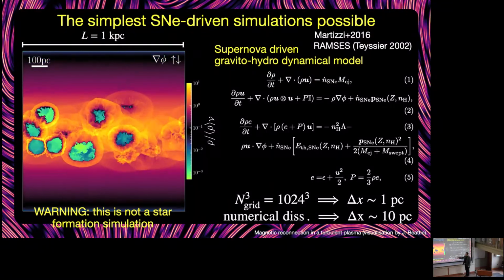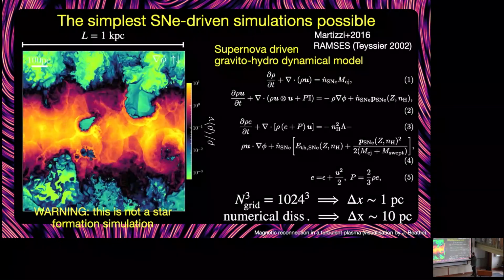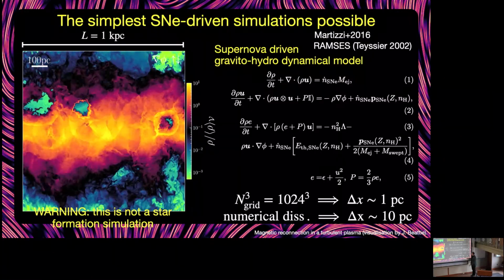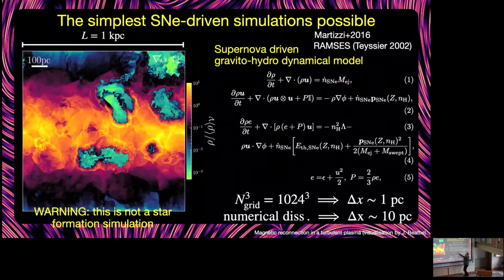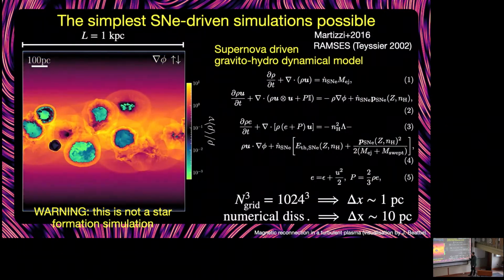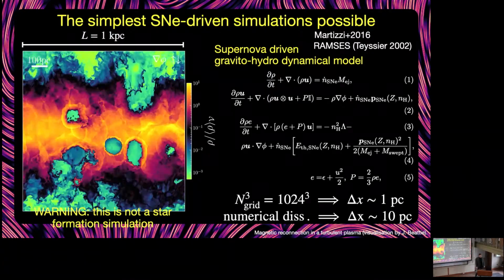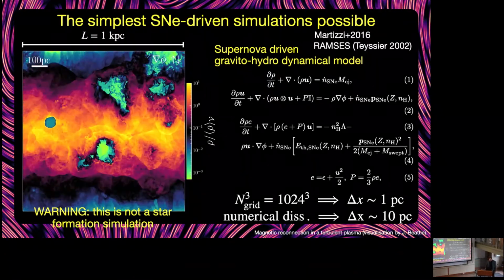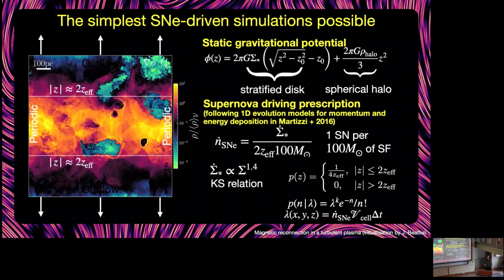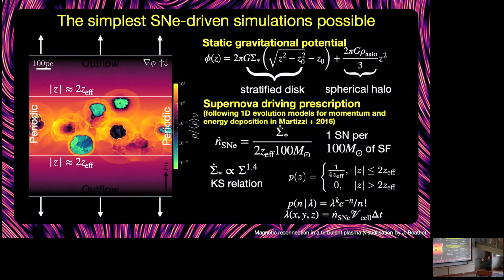The grids that I'm using here are up to 1,000 cubed. So what does this mean? It means that I trust about 10 grid cells, and below that, so these are 1 kpc in length scale. So one grid cell is 1 pc, and I trust about up to 10 pc in the simulations, just to give you an idea of what I trust in these simulations. The static gravitational potential looks like this. It has a disk, it has a spherical halo. Really, really very simple, and this is static in time, like I said,